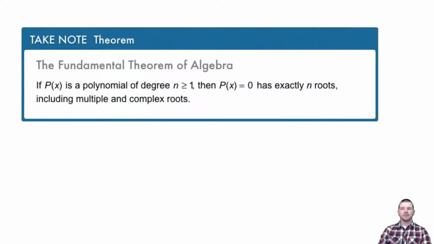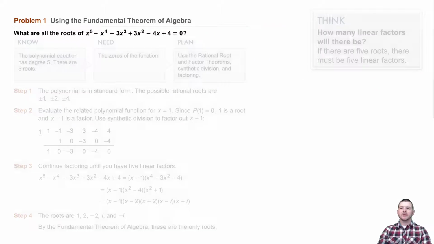Take note, theorem, the fundamental theorem of algebra. If p of x is a polynomial of degree n, and n is greater than or equal to 1, then p of x equals 0 has exactly n roots, including multiple and complex roots. Problem 1. Using the fundamental theorem of algebra,